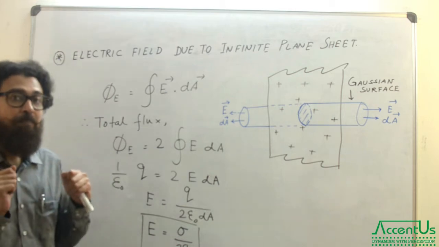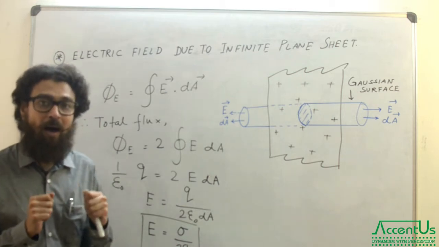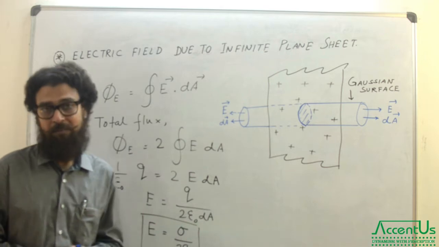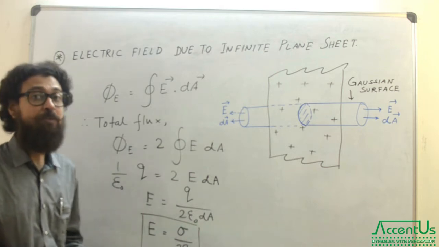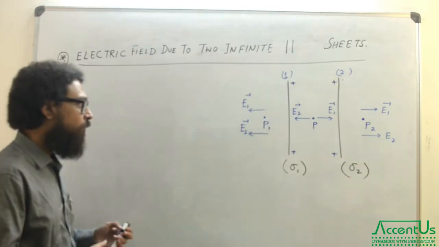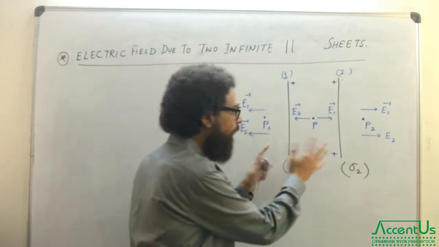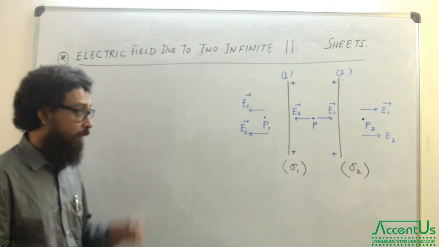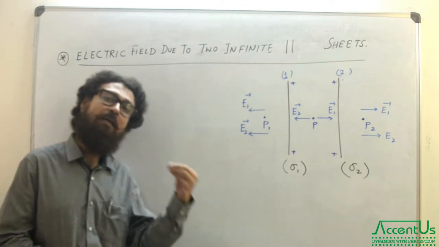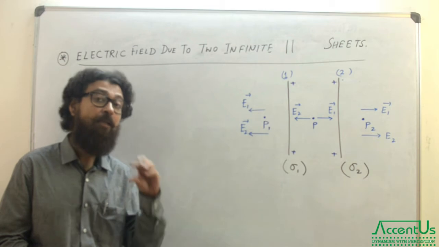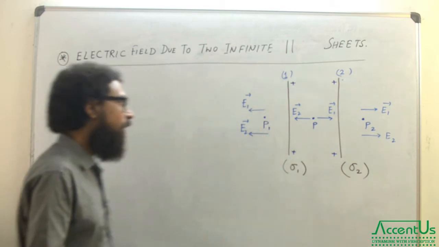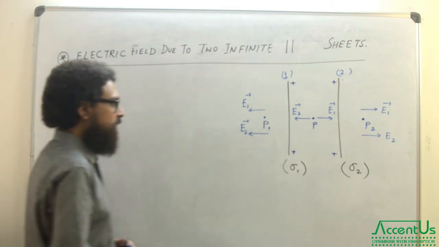And please understand that this derivation is very important. It will be used a lot of times in other sections. Now we are arranging 2 parallel sheets like this, and in the previous case also, in this case also, they are non-conducting. Don't forget this. Please write non-conducting. Okay, draw this diagram.